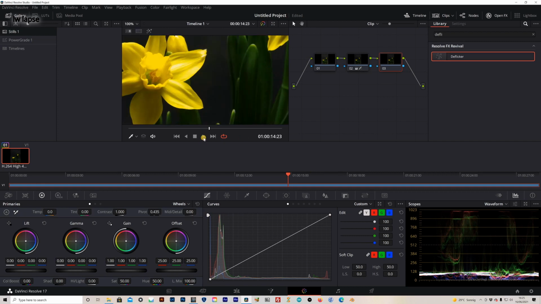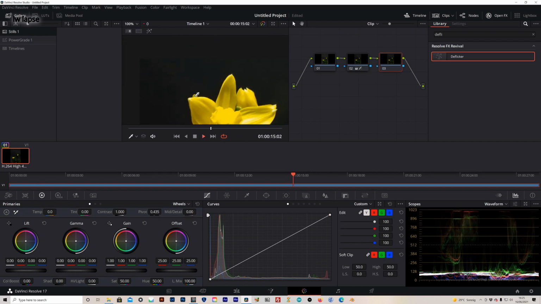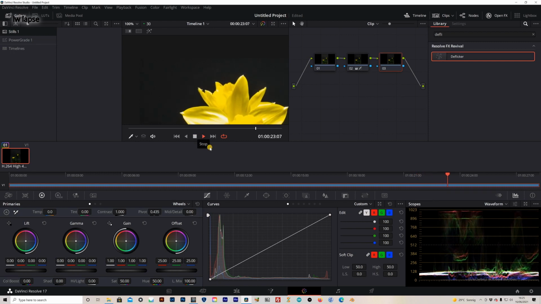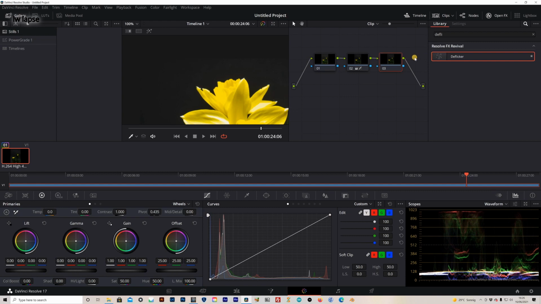Have a look if I need to do any noise reduction. Not that you'll notice it on YouTube at all. It looks okay. A little bit of a flicker. Might just add a bit of the deflicker on here. Just drag that across. Oops. Undo that. Let's try again. Alt S for another node, and maybe a little bit of sharpening.